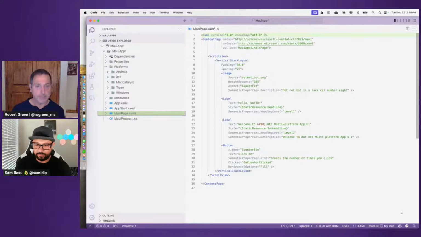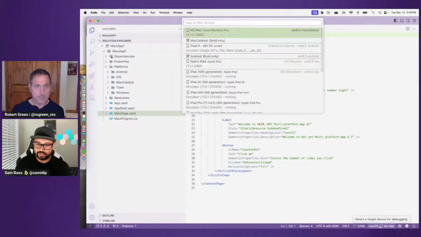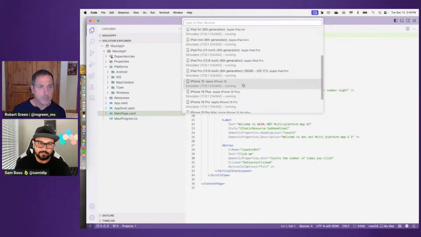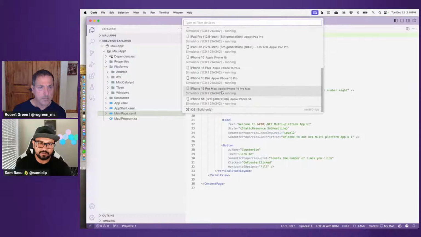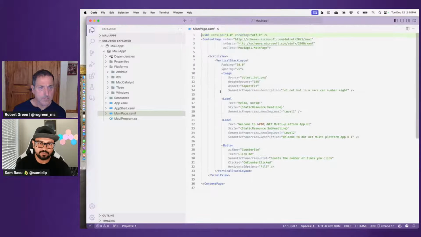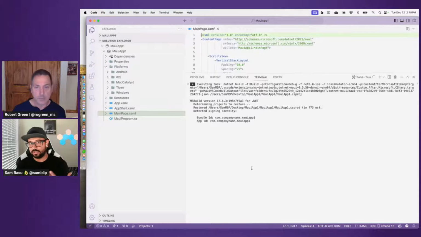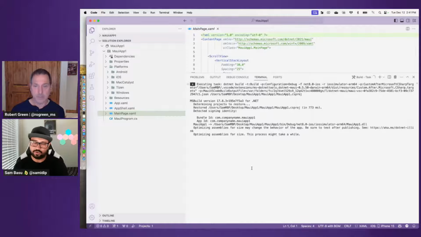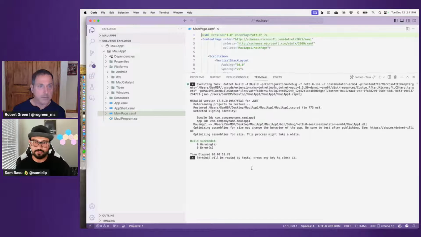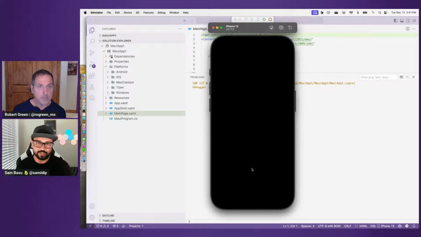And down here, you'll see where my app runs. I can change where it is, select the target device. So, Mac is probably going to be quick to run, but I can also do, let's just say, an iPad or an iPhone. Let's see, iPhone 15. That's fine. Running 7, and then I can just run it. So let's just do that just for the kicks. So terminal is right here. This is essentially doing a .NET build with a target framework of iOS. You can target Android, you can target Windows or Mac. So it's a fresh new app, so it takes a while to build it for the first time, and then off and running it goes.